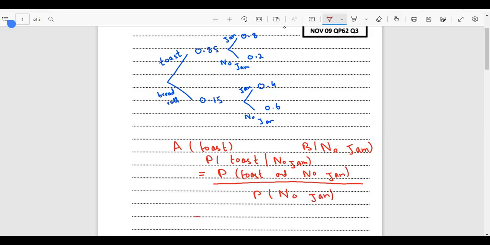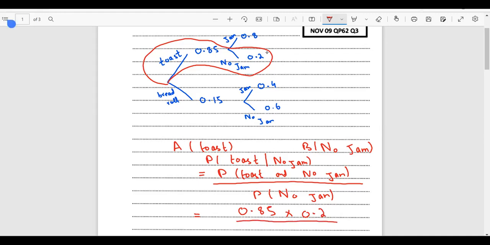All right. Now for the numerator, can you please simplify this question and tell me the answers? I'll wait. For jam and for toast and no jam, we will be talking about this to this. Okay, this is what we have. So this is going to be 0.85 multiplied by 0.2, divided by, for no jam,